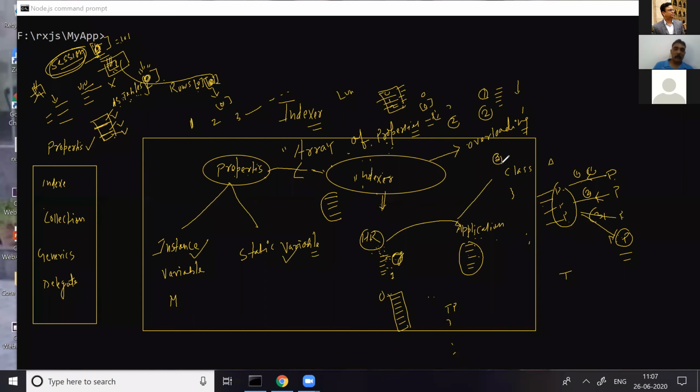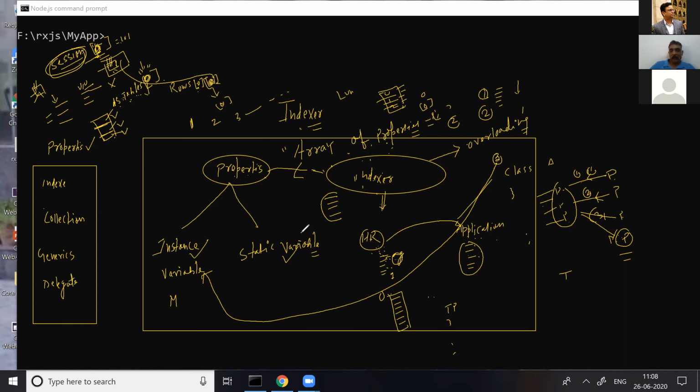An indexer can go for accessing only instance values. An indexer is never meant for making an array of properties for a static variable.